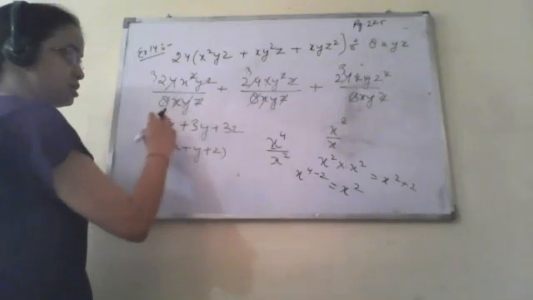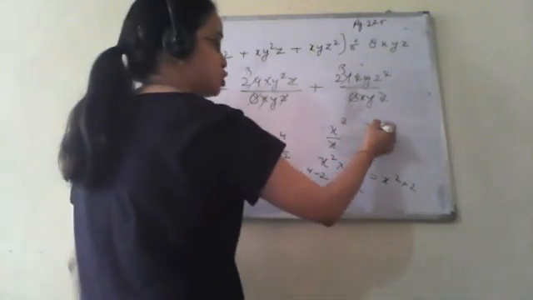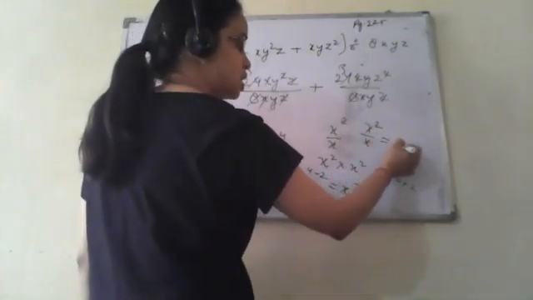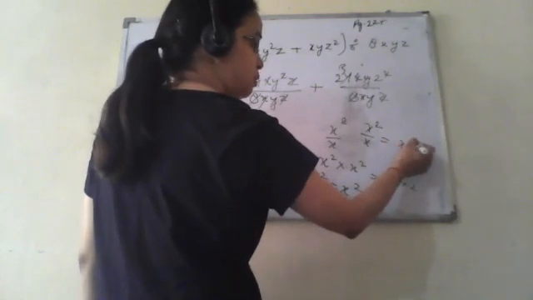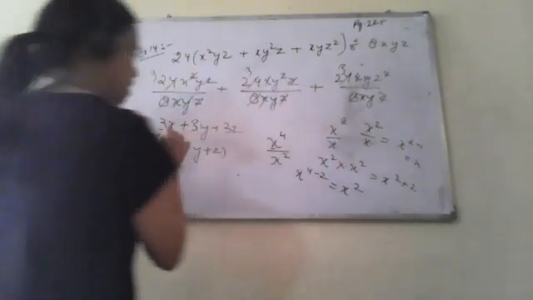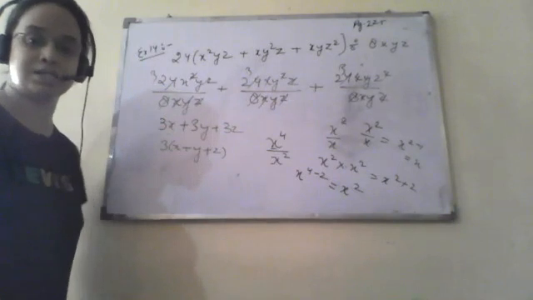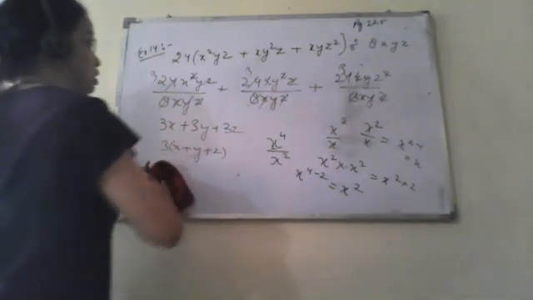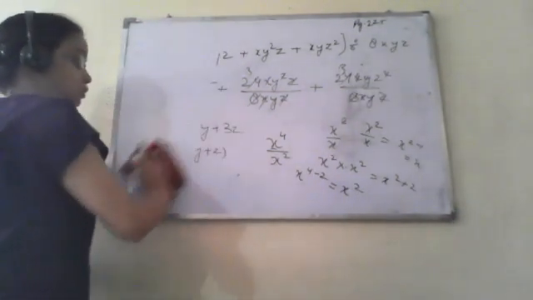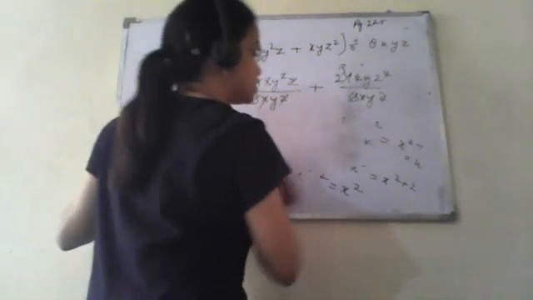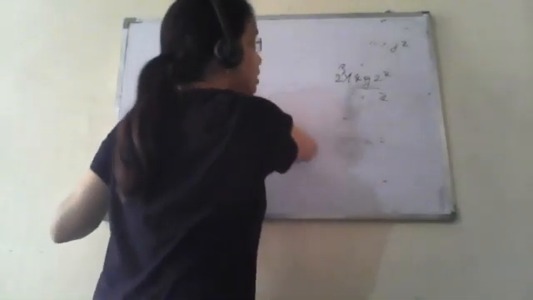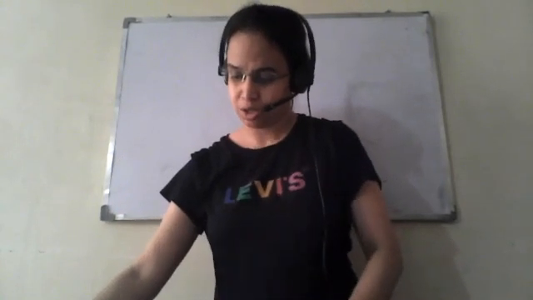The same thing I did here. It was x square upon x. So what does it become? x raised to power 2 minus 1, that is x. So this x is here. So that was the basic concept behind that. Now this was a case when we were dividing a binomial by a monomial or a monomial by a monomial. Now how to divide a polynomial by a binomial, or that is continued division. So we will check with an example.